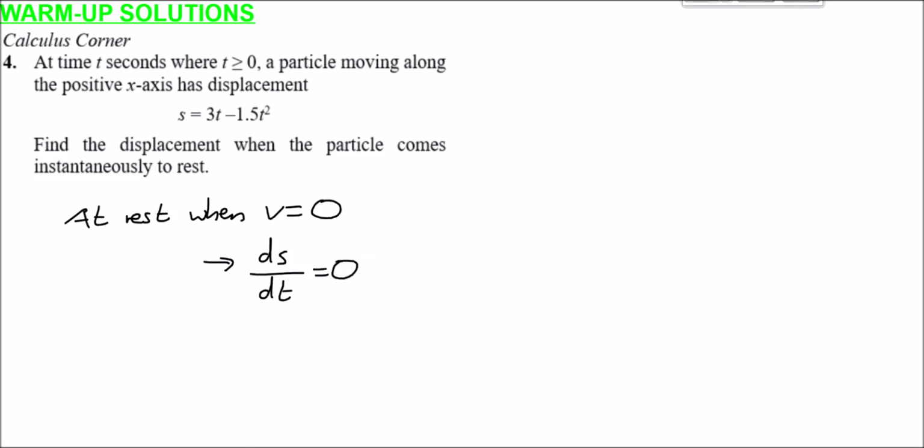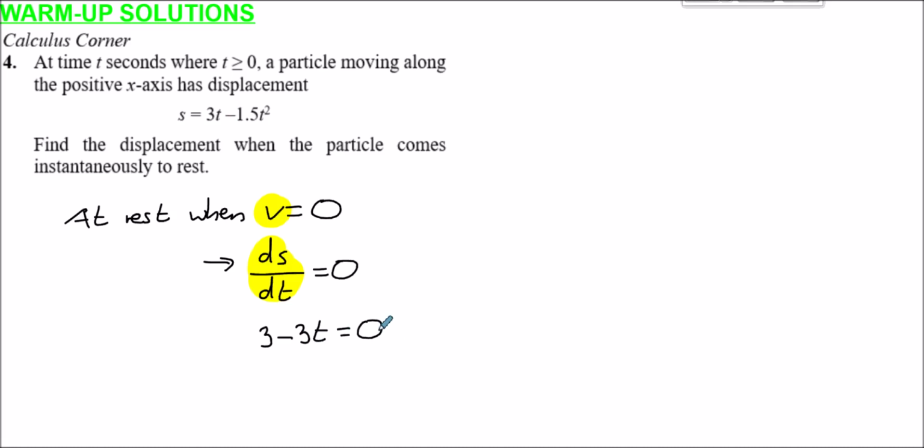That's how we can define velocity in terms of infinitesimals in a calculus manner. So we differentiate this function here, s, with respect to time, and we get 3t becoming 3, and 1.5t squared. If we differentiate t squared, we get 2t. So 1.5 multiplied by 2t is 3t, all minus. So 3 minus 3t